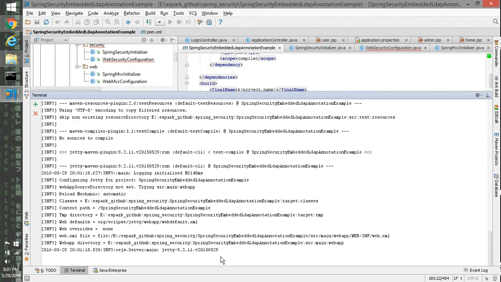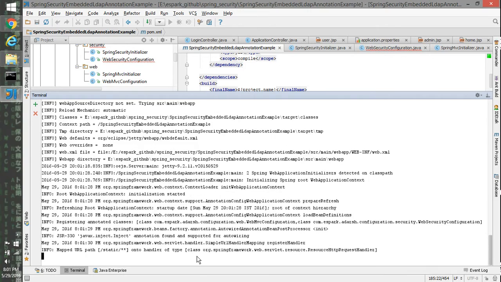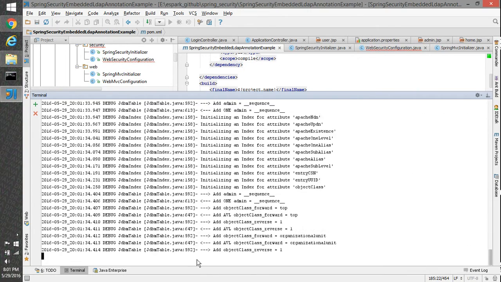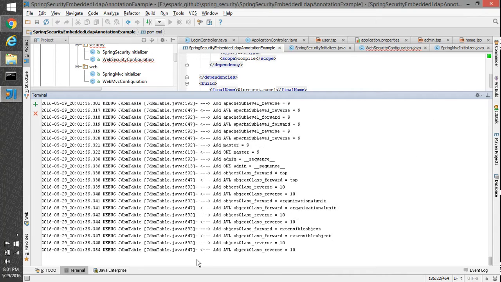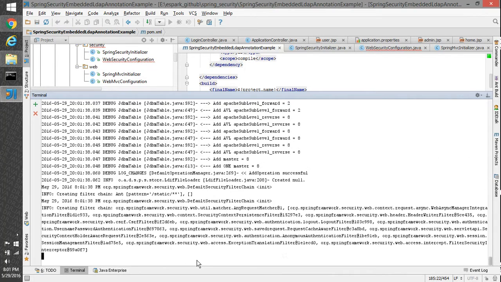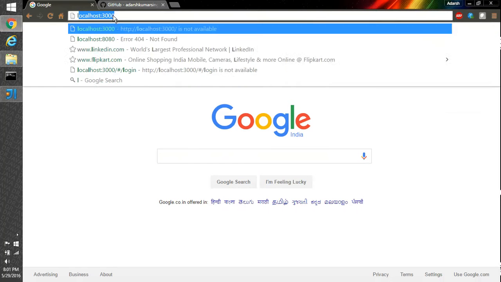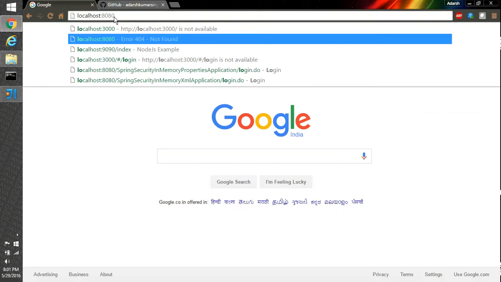It's going to take a couple of moments to boot up the container and the application. So here we can see that the container started on port number 8080 on localhost. So let's hit this URL and see how it looks.